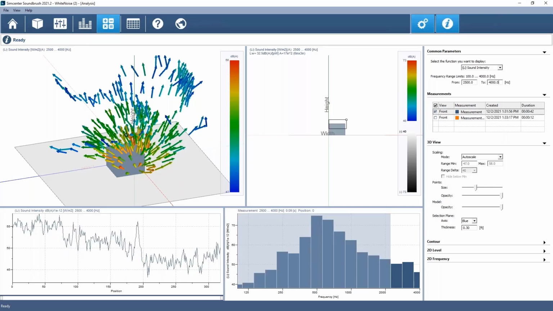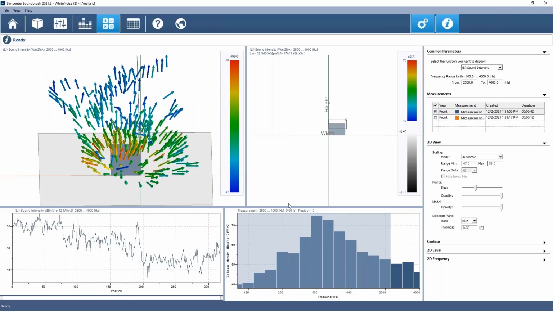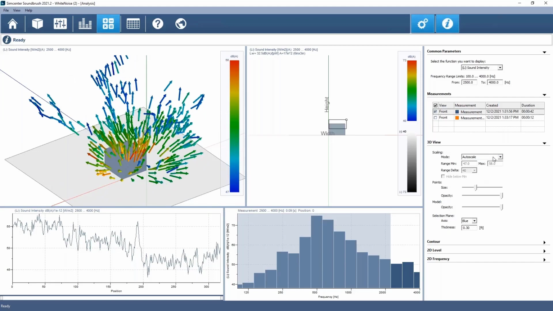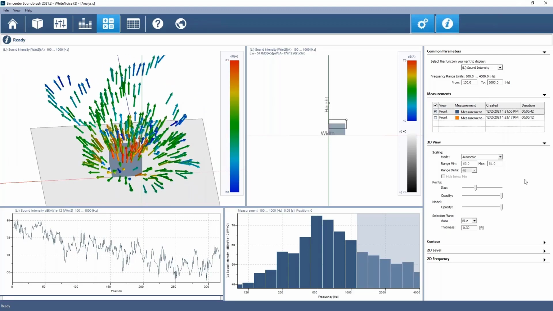And you notice the magnitude and vector orientation changes for all of my measurement points. All the same data points are here. I'm just restricting the magnitude and direction of that vector to a much smaller frequency band. And it auto scaled. So if you notice red is 58 here, if I go down and include, let's see, these peaks are about below 1000 hertz, now red is 81, and so I can fix that and leave it manual.